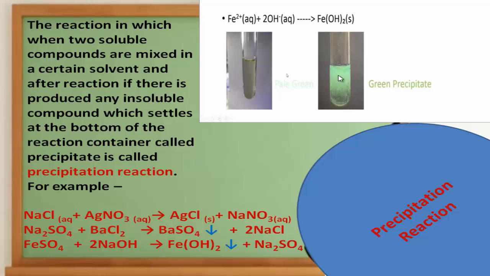But this green colored ferrous hydroxide is not soluble. From outside we can see it actually forms a green precipitate. So this type of reaction is called a precipitation reaction. So my dear students, up to this point,